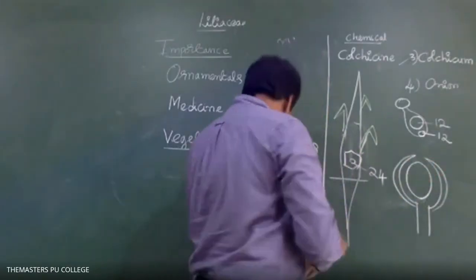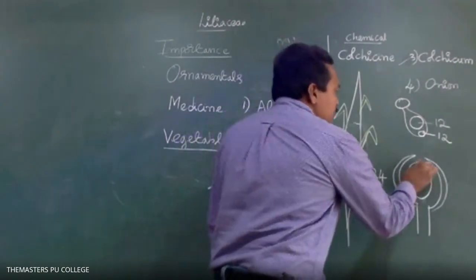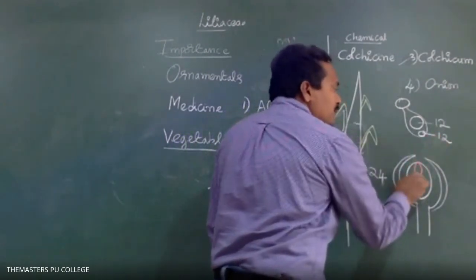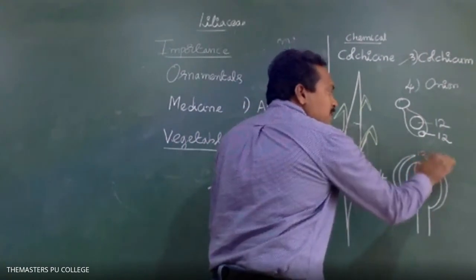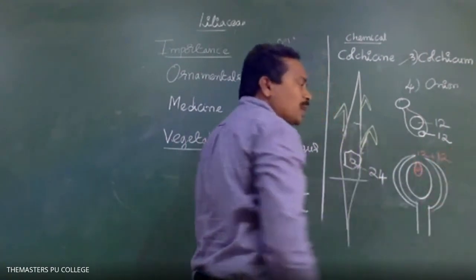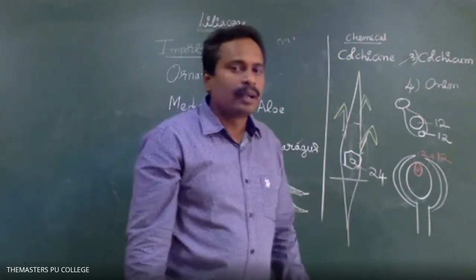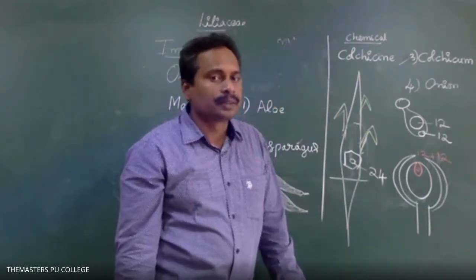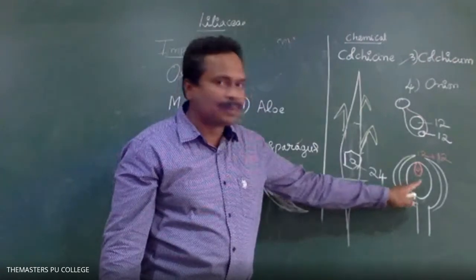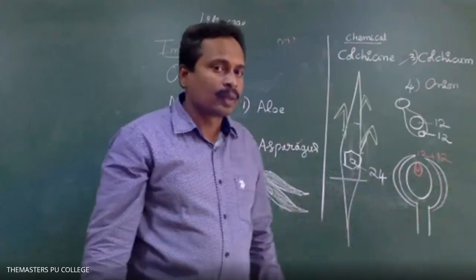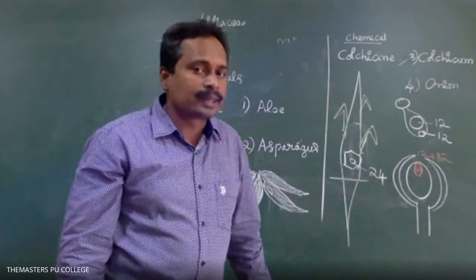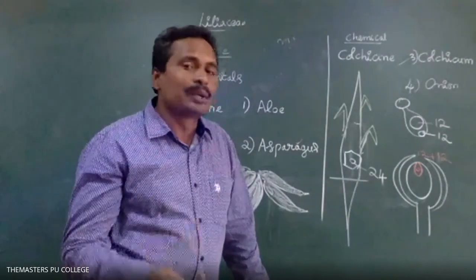Very good. During sexual reproduction, the haploid male gamete fuses with the haploid female gamete. The female gamete consists of 12 chromosomes. So haploid male and female gametes fuse to form a diploid zygote. After fertilization, the ovule becomes a seed. If the seeds are sown in soil, how many chromosomes are present in the diploid cells of that progeny? 24.